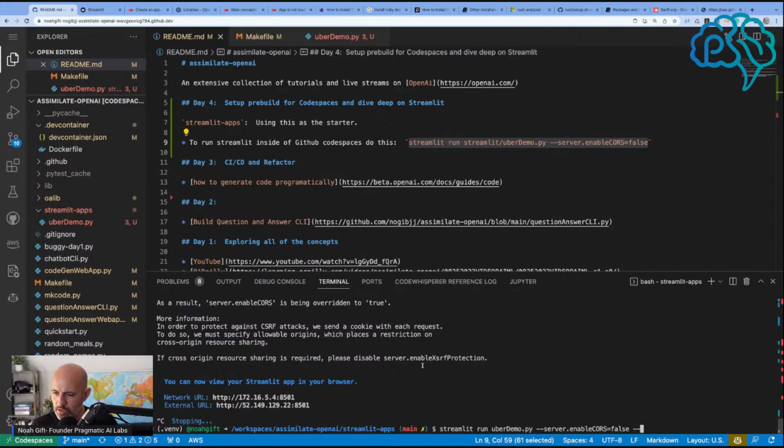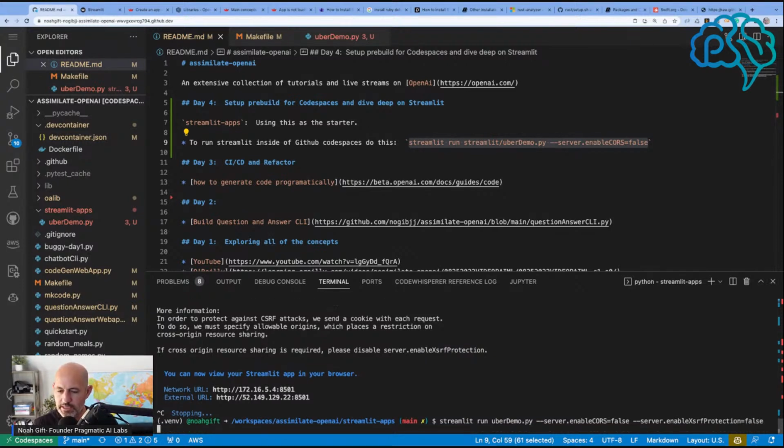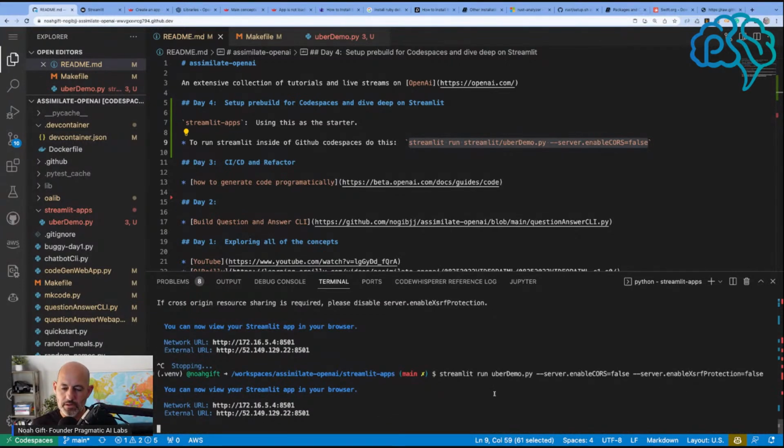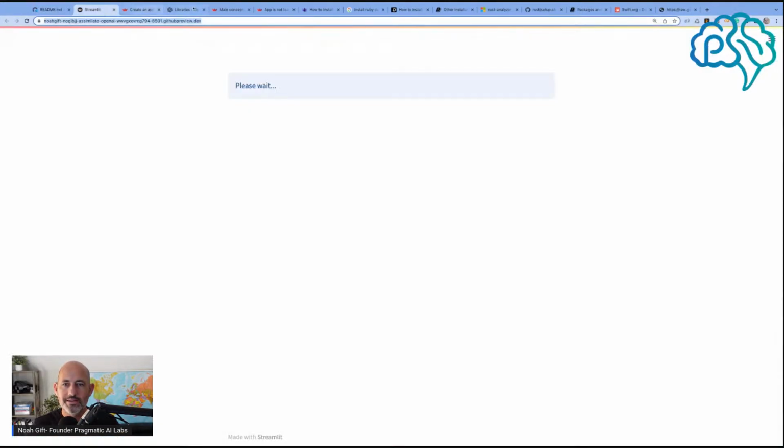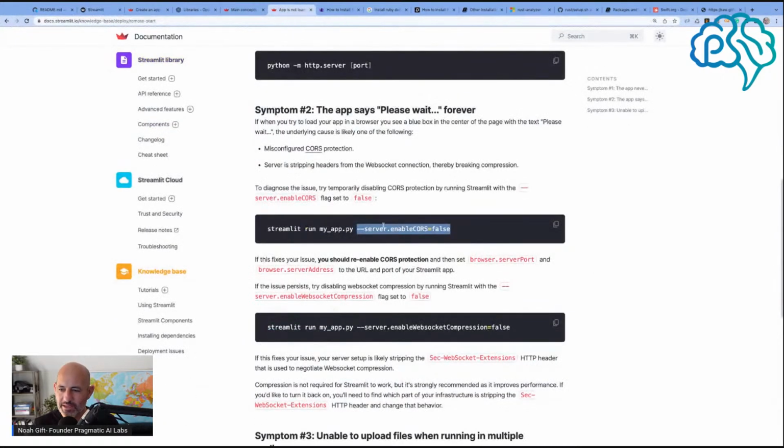Dash dash server dash enable, equals false. Let's do that. Can I disable both? Now what happens? Bad request. So we need to figure out why this is. So the symptom says